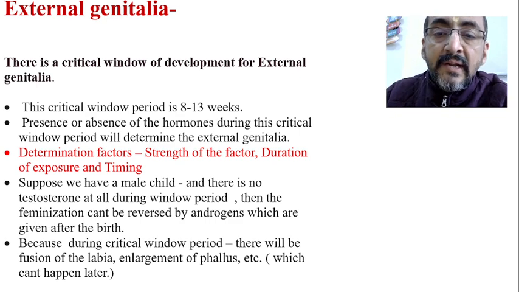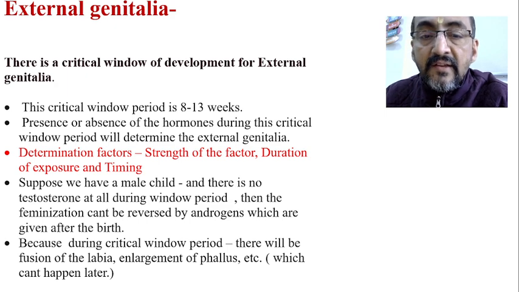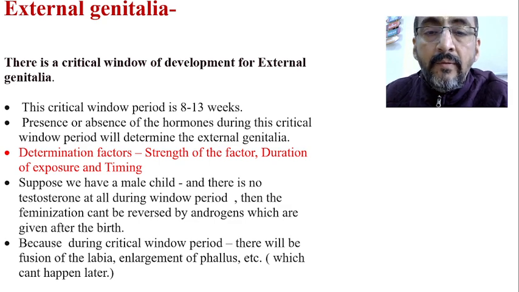Because during the critical window period, there will be fusion of the labia, enlargement of the phallus, etc. which cannot happen later. Okay? That means